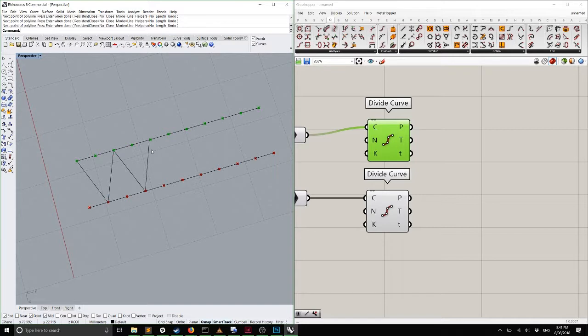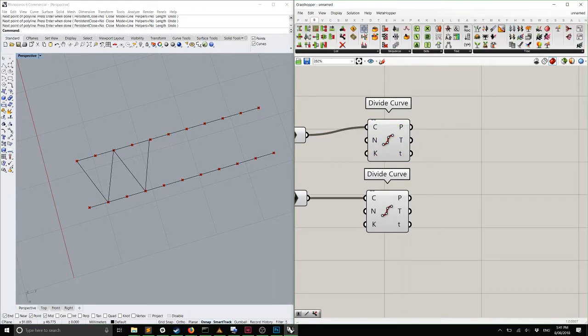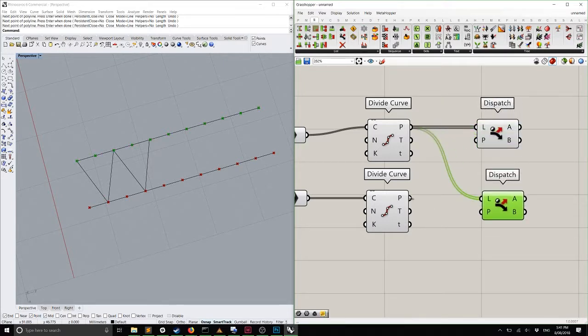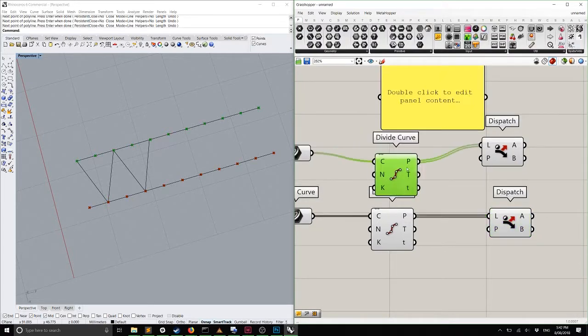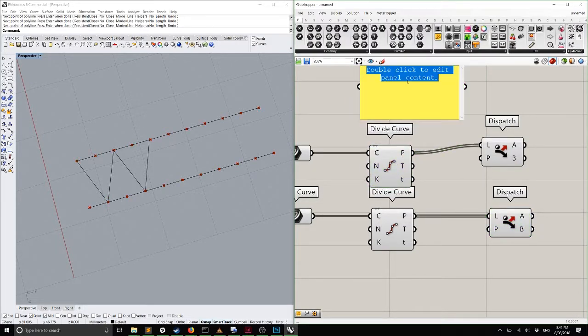Yep, so let's say the even points, yeah? And then on the bottom line, what points have I used? The odd points, yeah? So what we can do is dispatch our points using a pattern. So we can say we're going to create a pattern where 1 is going to be even. So